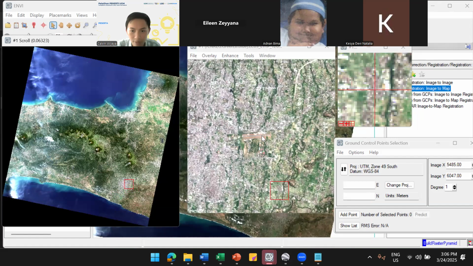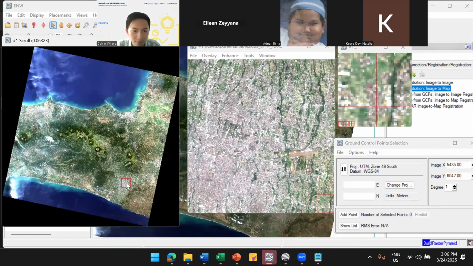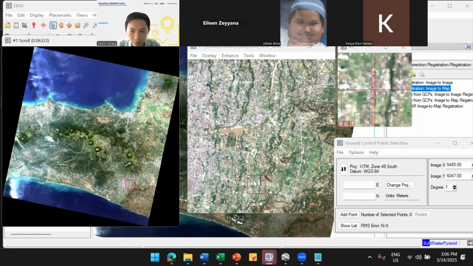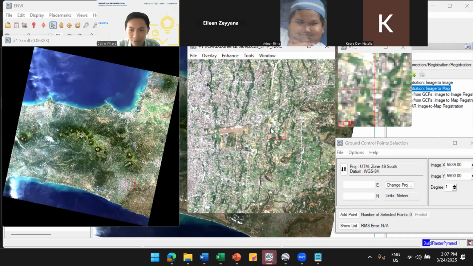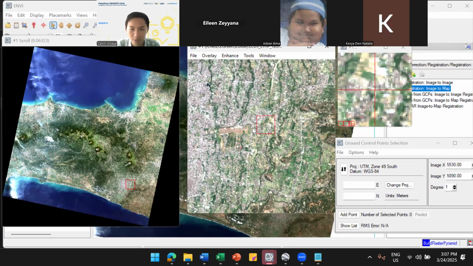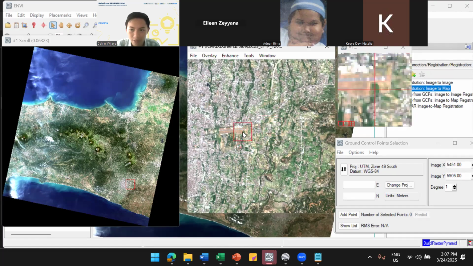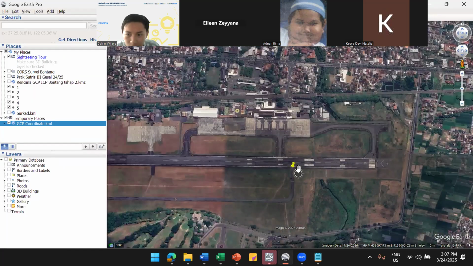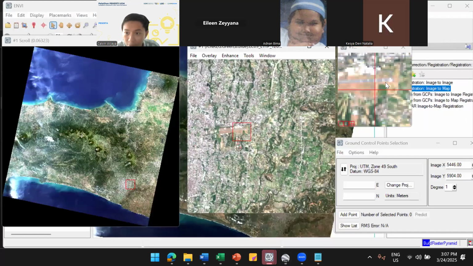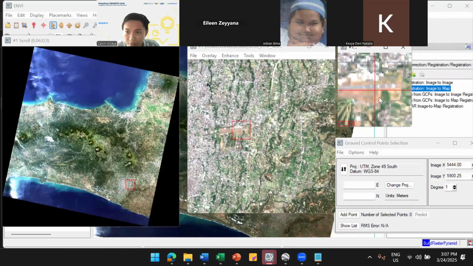Oh, this one, I think. So after I move the window to Adi Sucipto, move this one through this airport, and then we can see that it also moves the smallest one. Okay, I think it's somewhere around here, maybe. Okay, after you click on the exact position,